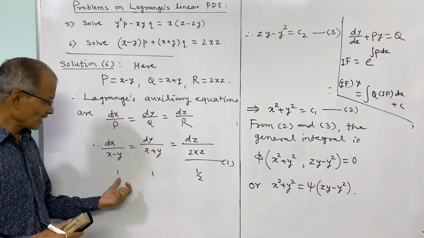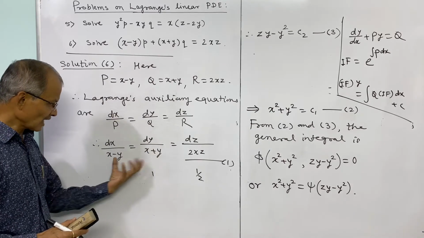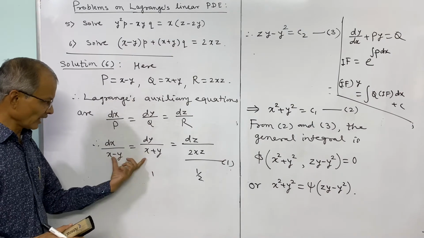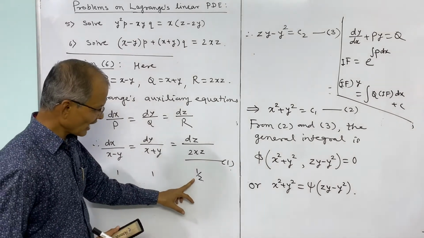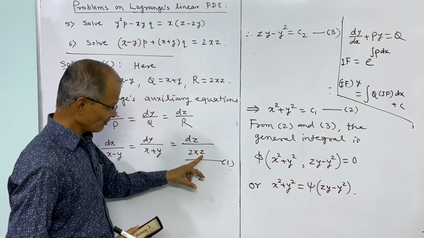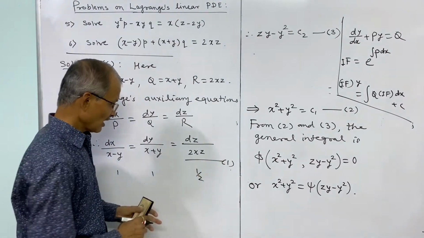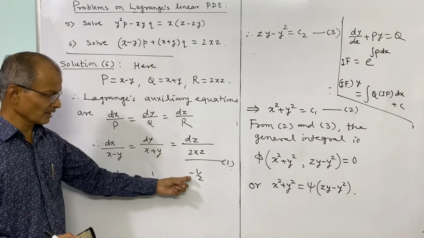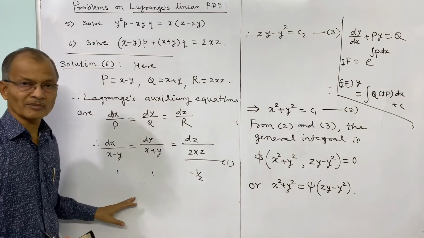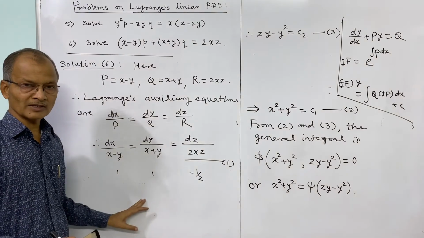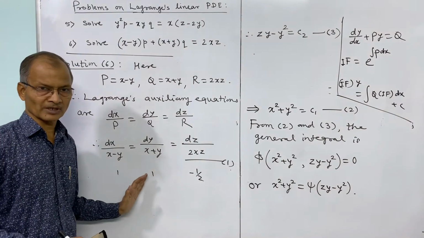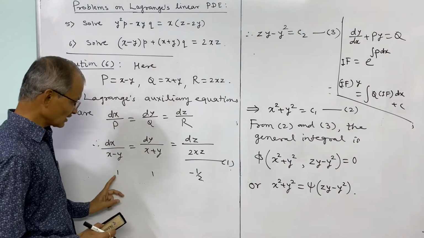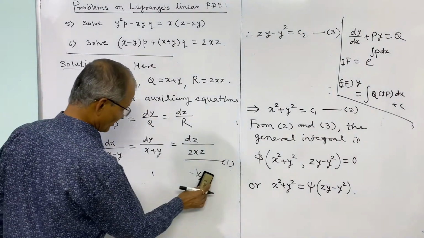So why are the multipliers here taken as 1 and 1? Because it is addition, and in addition it gives 2x, and if you multiply by 1 by z, it becomes 2x, and therefore we should consider the negative sign. So this 2x and this negative 2x cancel and the denominator becomes 0. And whenever the denominator is 0, by the property of ratio, the numerator is 0. So thus take the multipliers as 1, 1 and minus 1 by z.